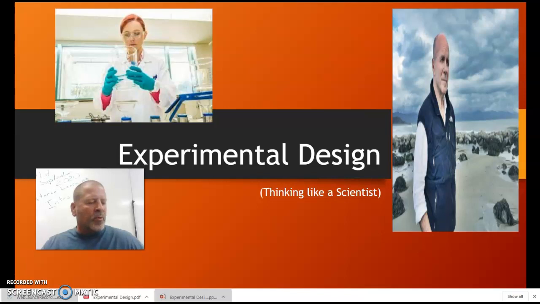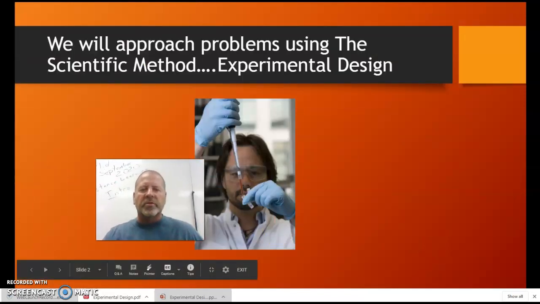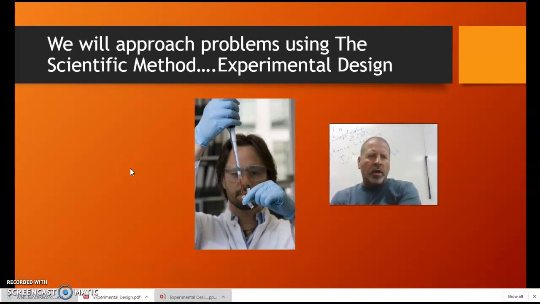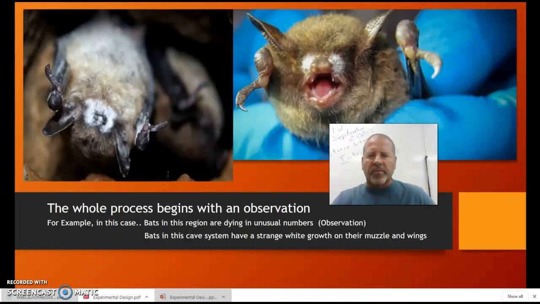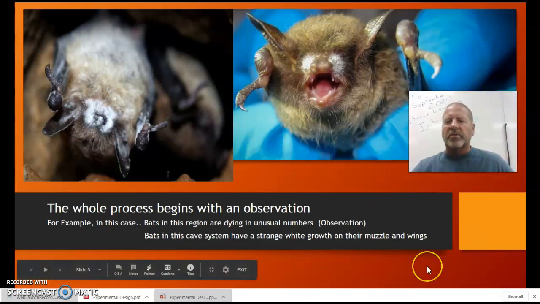So we're going to talk about the different approaches that scientists take when they're looking at a different problem, or when they have a certain purpose, something we want to look into. So we're going to approach these different problems in this class anyway, using experimental design, scientific method. One of the examples that I gave to you, just so that you can see the methodology that